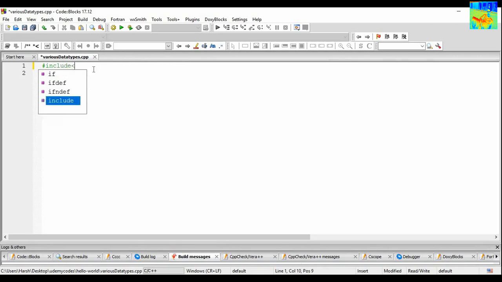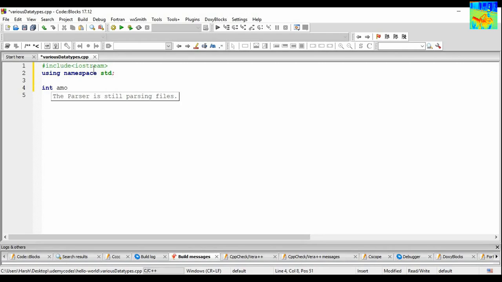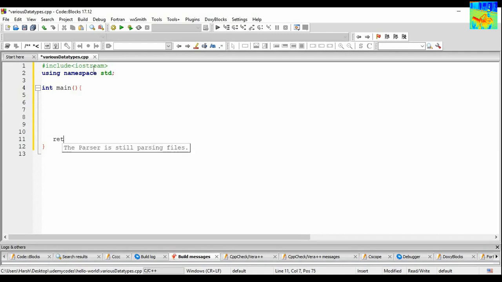Hash include iostream, using namespace std, and then I am having int main and then return 0.